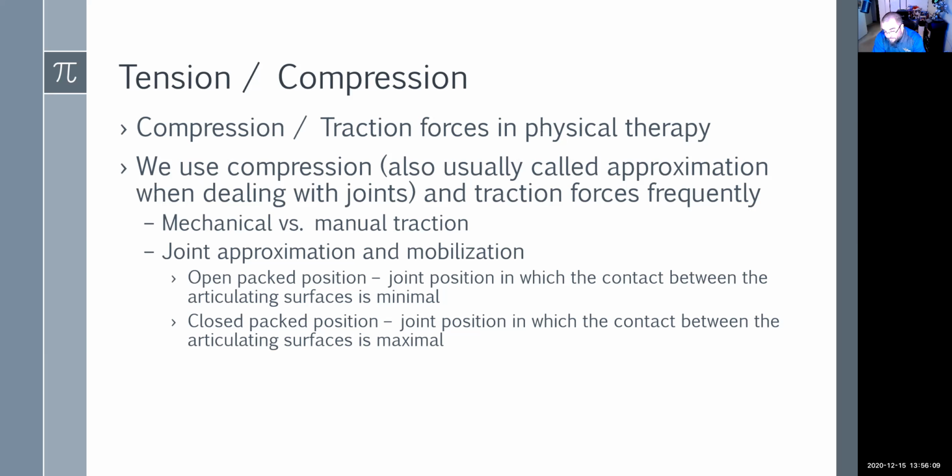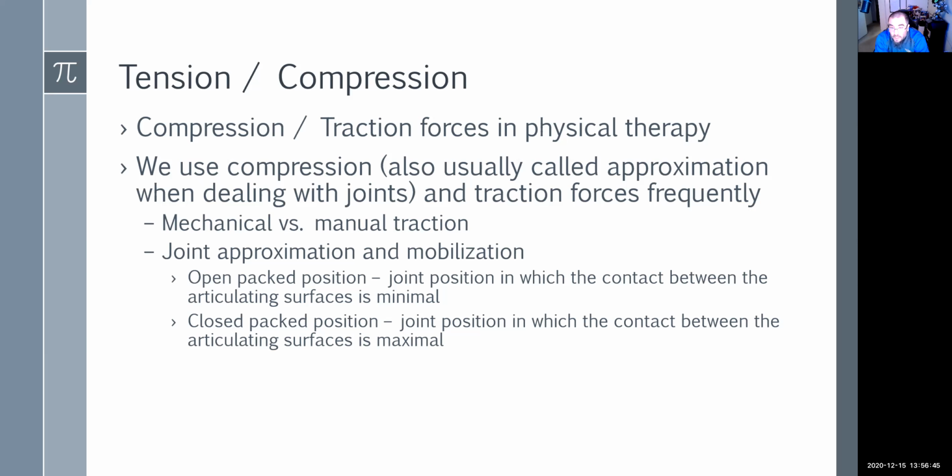Joint approximation, right? If we have an injured joint, let's say we sprained our ankle and we did an inversion sprain, which is the most common sprain that can occur. If we had an inversion sprain, we may position the joint in what's called the position of comfort, right? Which is the opposite of the direction it went. So if I inversion sprain my ankle, that means all this on the outside is stretched. I want to put that on relaxation. So I'm going to go the opposite, and I'm going to approximate that joint in order to relieve pain.